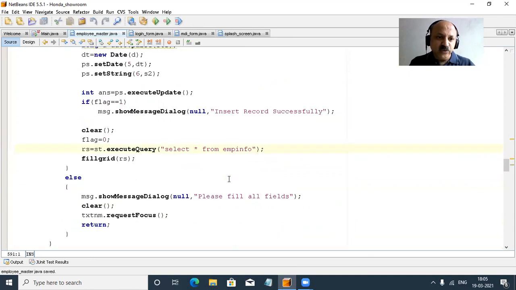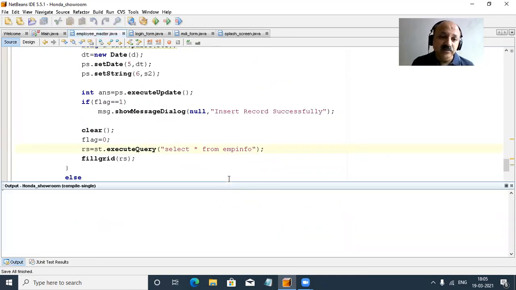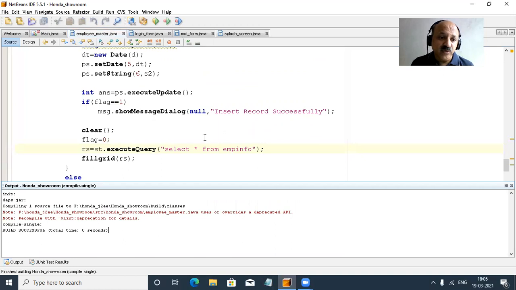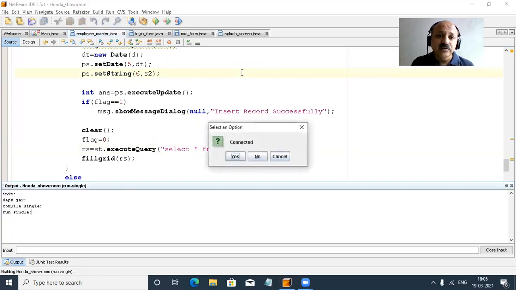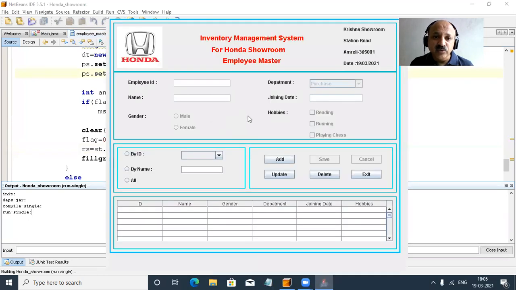So let me save and then compile. I hope there is no error. Let us see whether our record is inserted or not. Shift F6, so we can compile and run. Connect. I remove this message because now that is not required. I press the add button. You can look here, 101, and directly request focus in the name field.